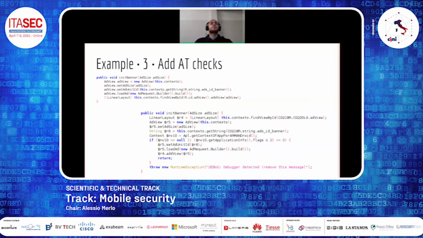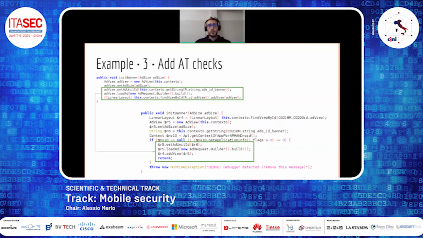As we said before, ARMANDroid transforms a qualified condition into logic bombs and injects several tampering controls into the application. In this slide, we report an example where some instructions of the original code are executed only if the environment checks succeed. In particular, in this slide, we test the debuggable flag inserted into the manifest file.